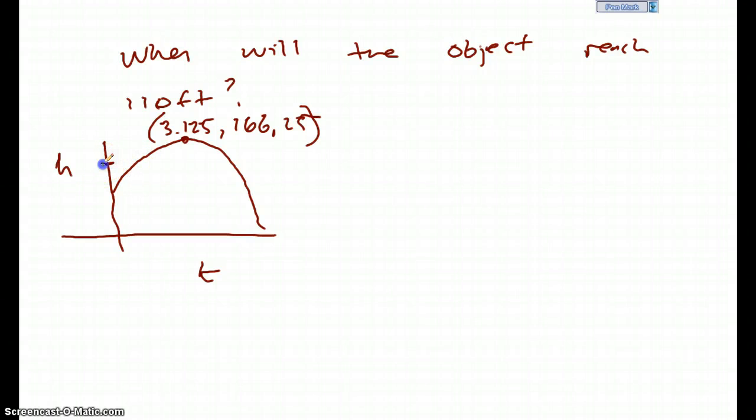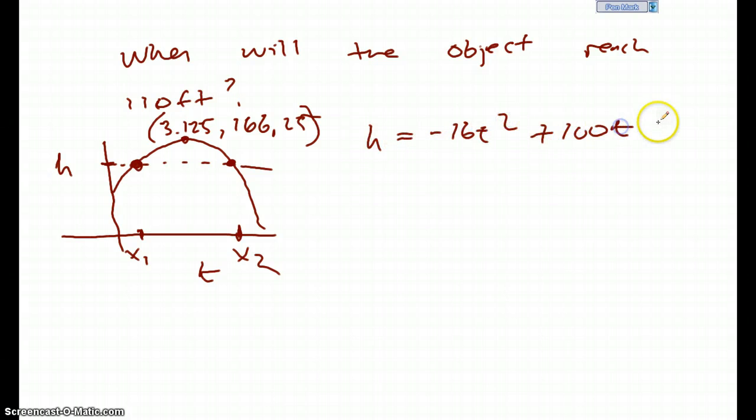So maybe if this is 110 and I go over to figure out what time that happened at, there's one time where it's soaring above 110 feet, and then there's one point where it comes back down and dips below 110 feet. So I'm going to find these 2 times. If you think about them as x1 and x2, then these are the points that I'm going to be able to find. Okay, well my equation is this guy here, negative 16t squared plus 100t plus 10,